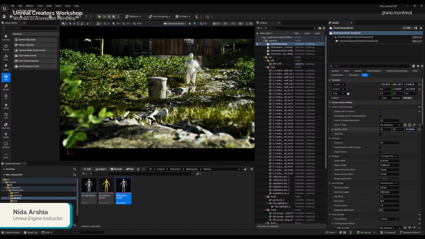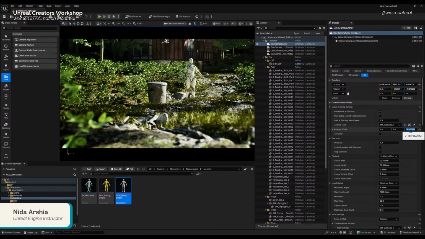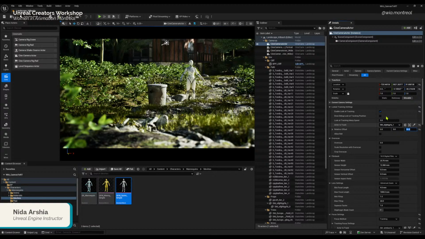So we can set some offset in the tracking, or we can simply deselect enable look at tracking and place it. For the purpose that we are using this camera, it's not really important for us to lock the camera orientation on a particular subject because the subject isn't moving. If you want to move the camera, then sure, it's going to be useful.